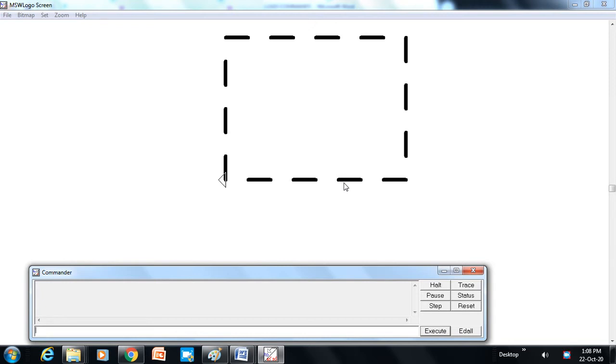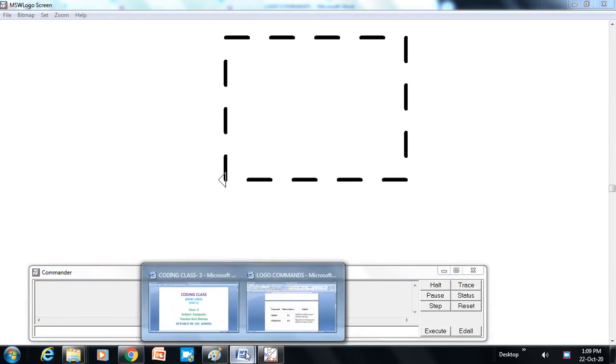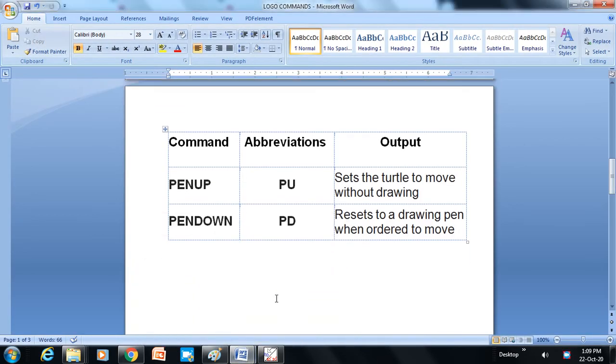And again there is a line, because I have given the pen down command. When I give the pen down command, the turtle again starts drawing with the pen while moving forward. When the turtle came here, I gave the pen up command, so the turtle is moving from here to here without drawing any line.